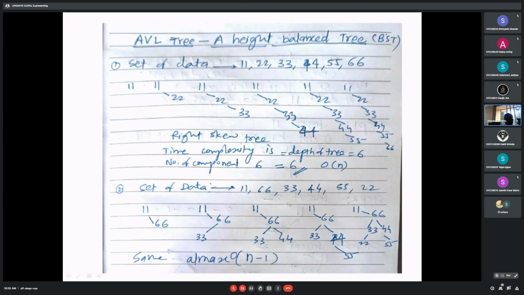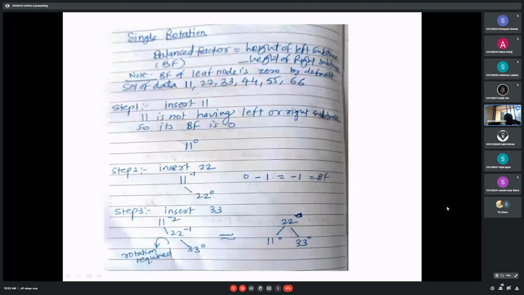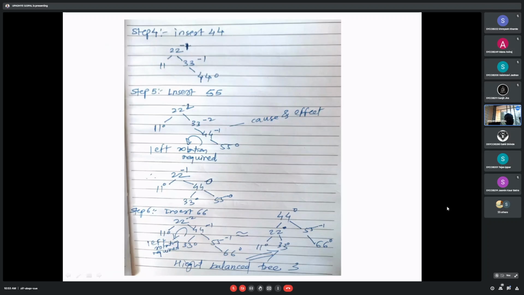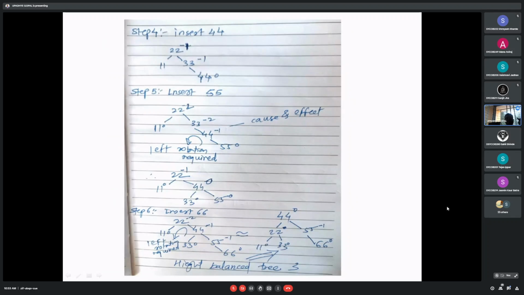Okay, so see, match your result. This is step number 1, step number 2, step number 3. After that, I think all of you matched this particular thing. If not, you recorrect your answer. Then step number 4, step number 5, step number 6 is there.